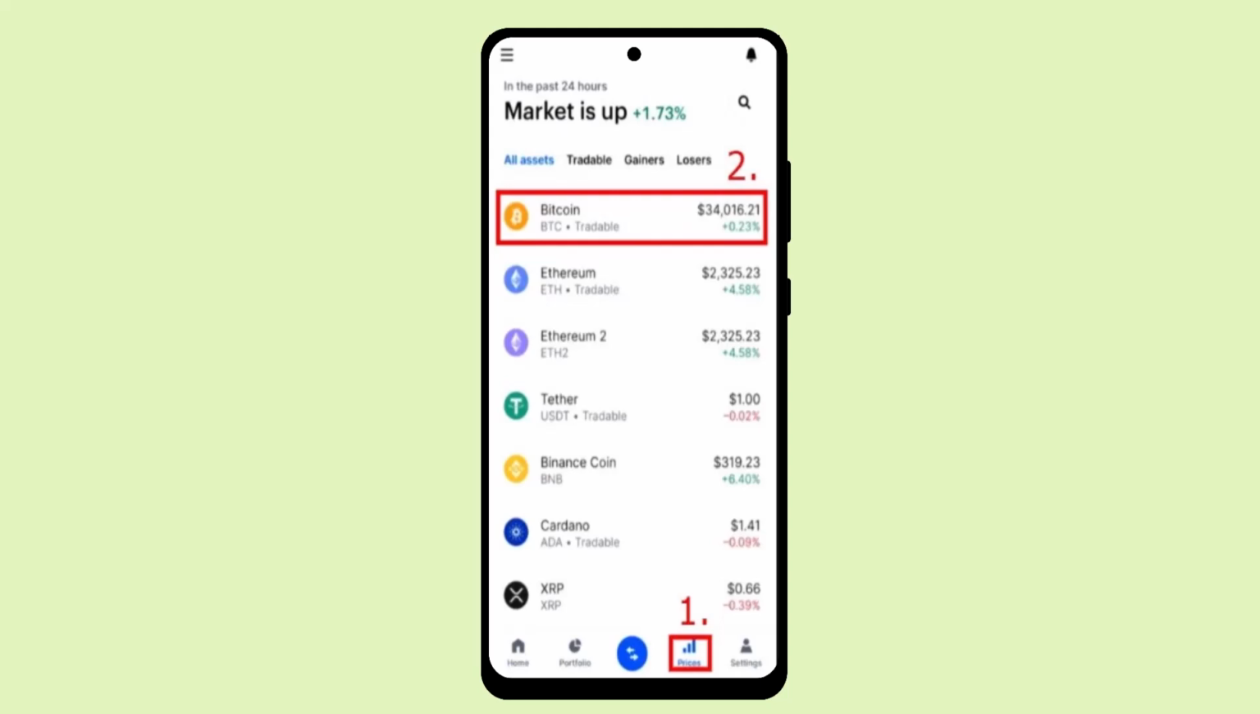Hi everyone, in today's video I'll be showing you the ways to send Bitcoin from crypto.com to blockchain. Before we begin with this procedure, first of all check your internet connection and make sure that your application is up. In order to send Bitcoin from crypto.com to blockchain, first of all you need to copy the